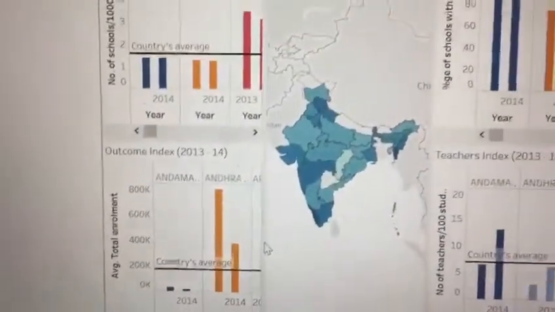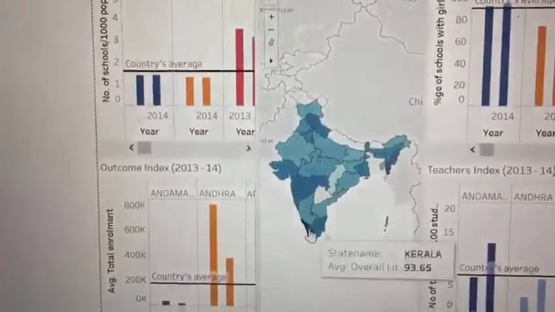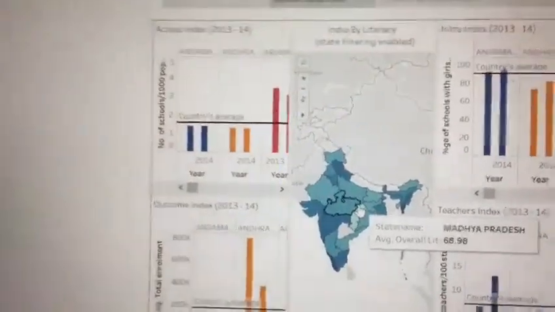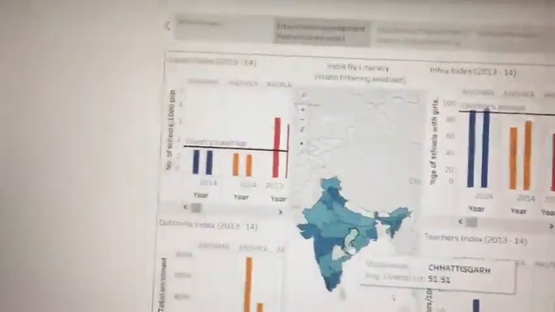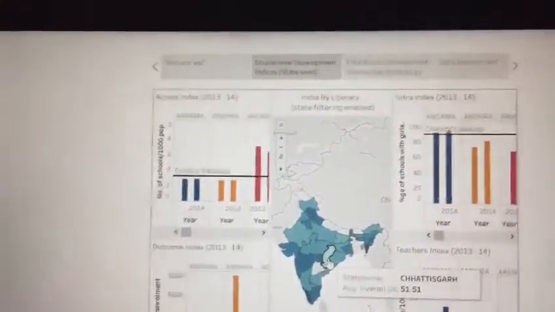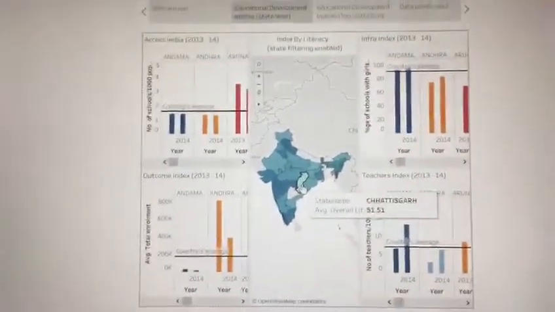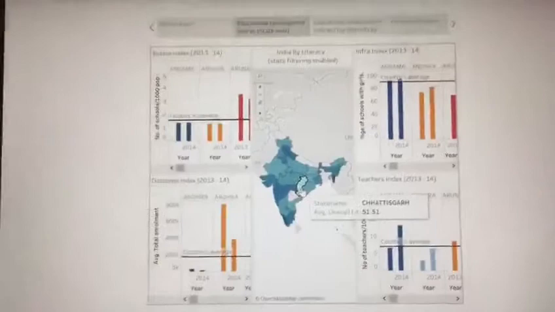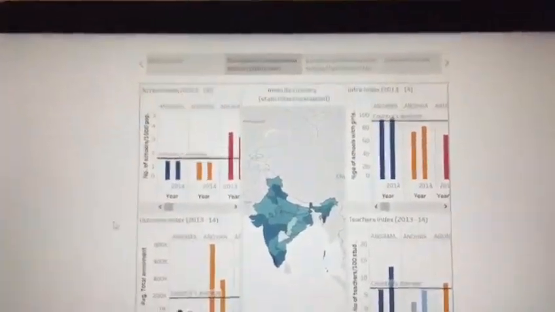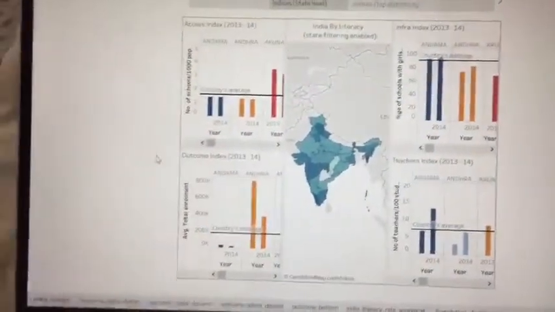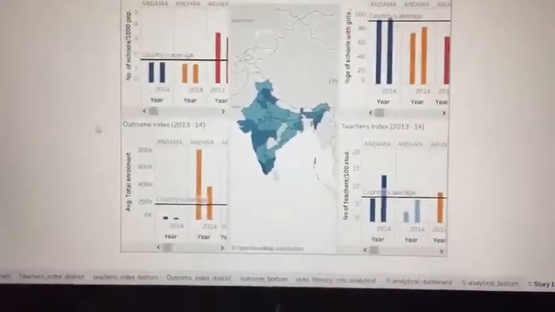As you can see, Kerala and Chhattisgarh have great contrast in their literacy rates. We have 4 other visualization components: access index and infrastructure index on the top, and outcome index and teachers index